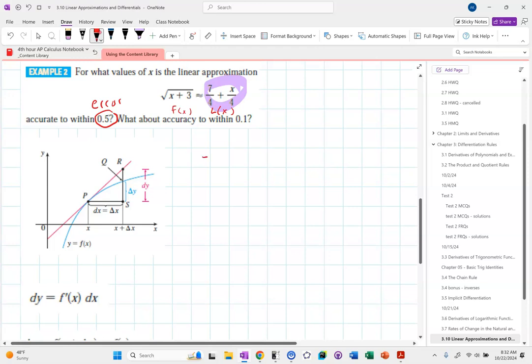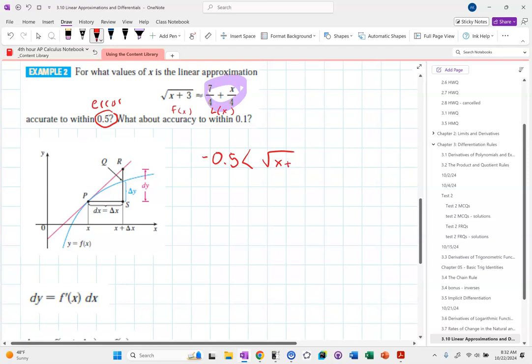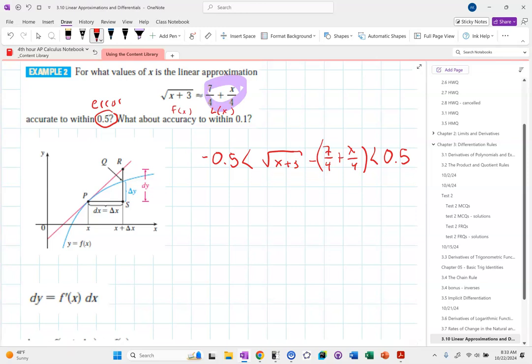So what this is saying is that if I take my exact function and I subtract my linearization, that difference should be between 0.05. Okay,